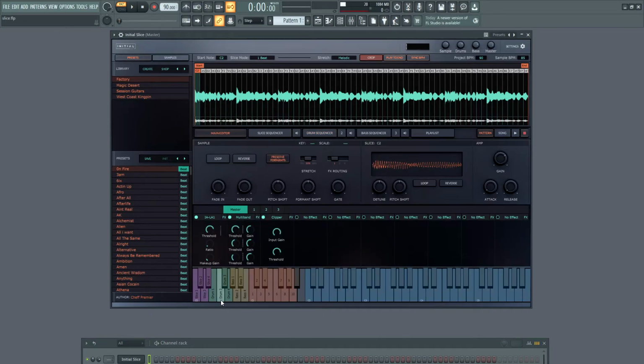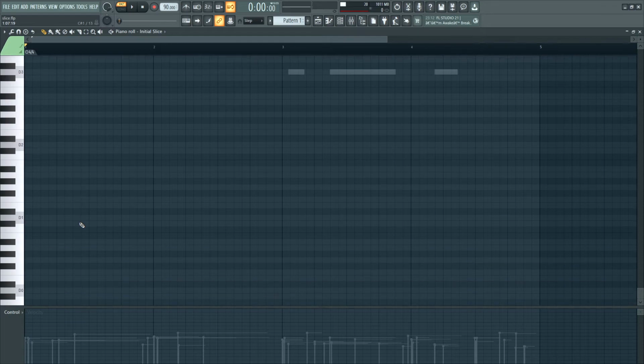For one, I told you that the very first octave triggers the sequencers. So drum sequencer pattern 1 is this key, it's E. So if we now go into our piano roll and the very first octave and hit E,